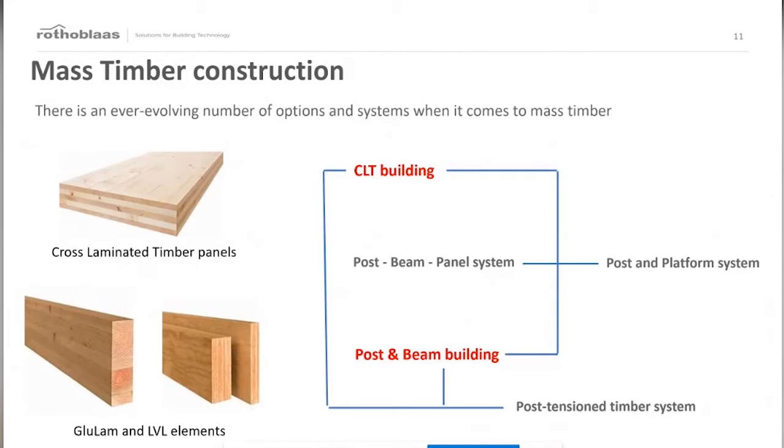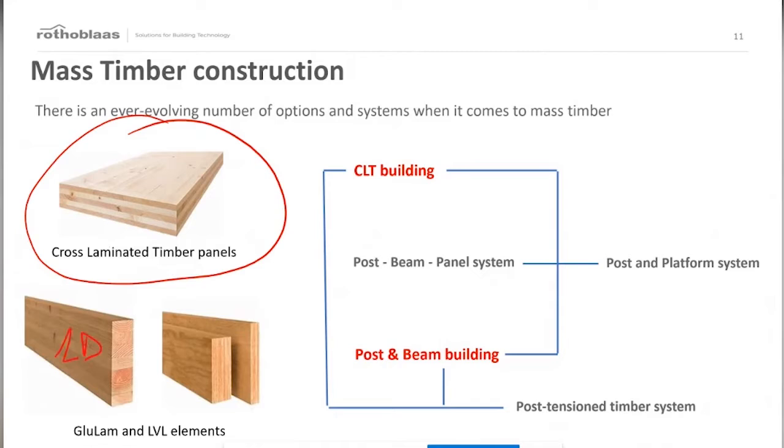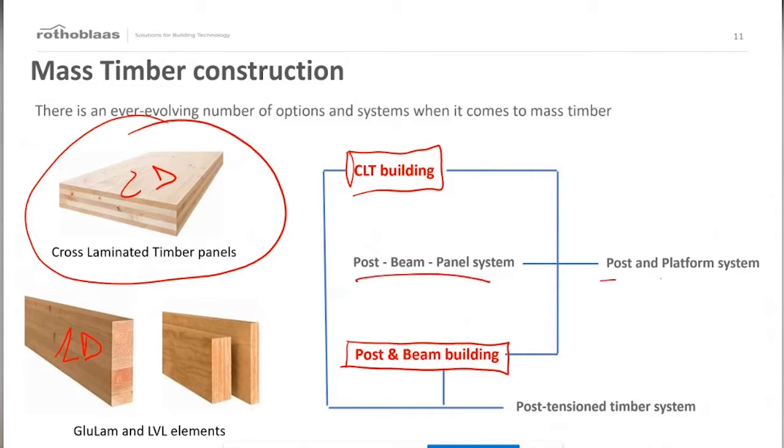In this slide, I've tried to combine the two basic materials of mass timber construction, the CLT panel and the glulam or LVL elements. So, one-dimensional elements and two-dimensional elements. Using only CLT panels, we can realize CLT buildings. Using glulam elements or LVL elements, we can realize post and beam buildings. But nowadays, these two different typologies are merged together, and we can simplify the system, obtaining post-beam panel systems and post and platform systems. Moreover, CLT buildings and post and beam buildings can be hybridized, obtaining post-tensioned timber systems that are a very interesting